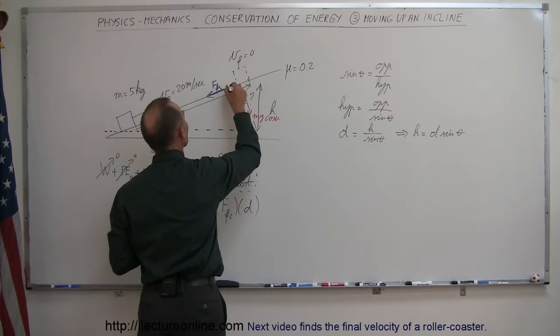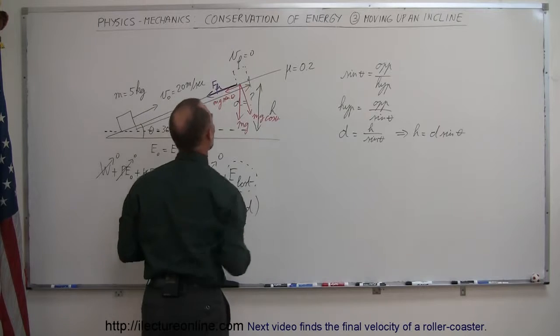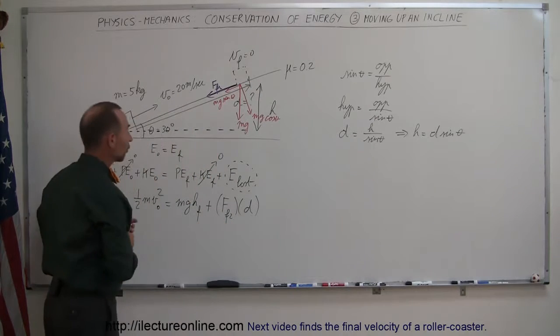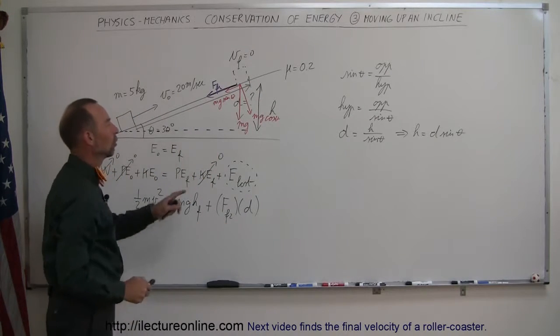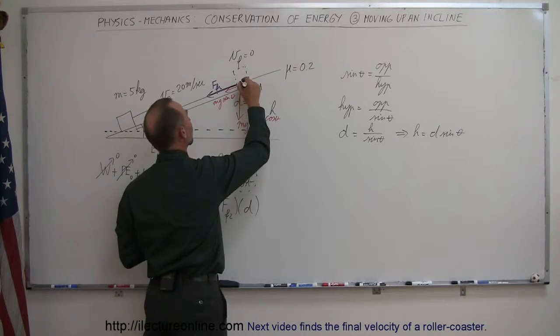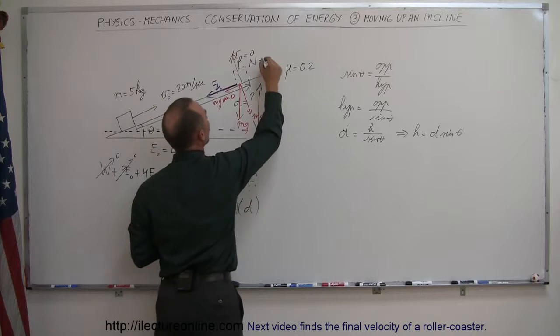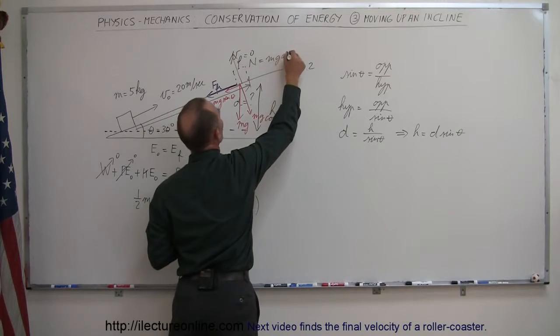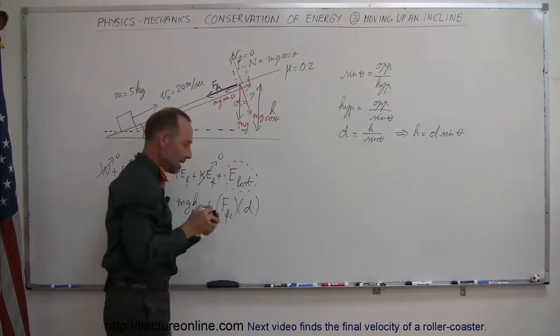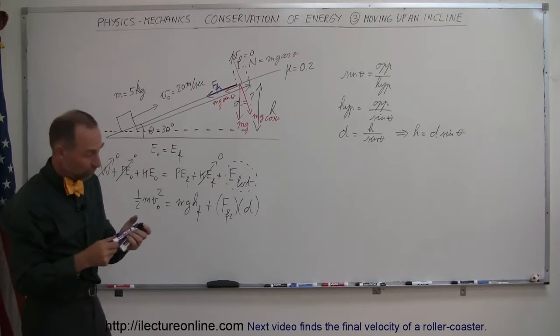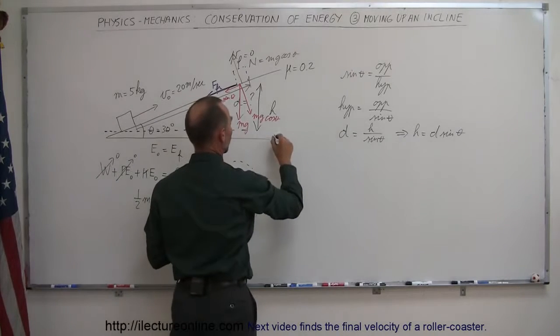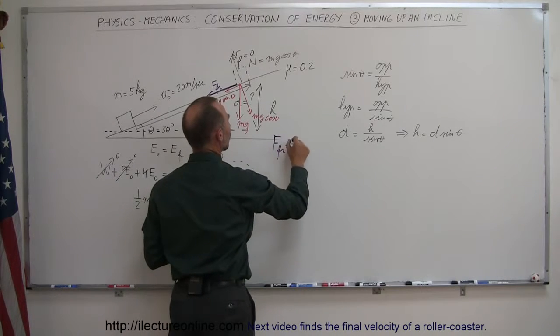And then, of course, we have the mg sine of theta that's parallel to the incline. Then, of course, we have the normal force, which is the incline pushing back on the object. That's the normal force, and that's going to be equal in magnitude to the mg cosine of theta. And finally, we know that the friction force, by definition, is equal to the normal force